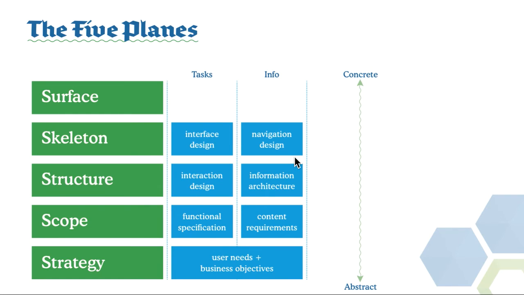Information architecture sometimes takes an entire snapshot of all the information on the site and will categorize it. Some people argue that that's a good practice. Some say that it needs to be kind of a rolling inventory. But in any case, it's going to subdivide things naturally, and navigation design capitalizes on that. So finally, we have the surface plane again, and this is where all the visual design takes place, and that is usually irrespective of whether it is a task-based or an info-based system. So it's again, what colors, what fonts, how do those reinforce and support feedback, how does it support navigation,